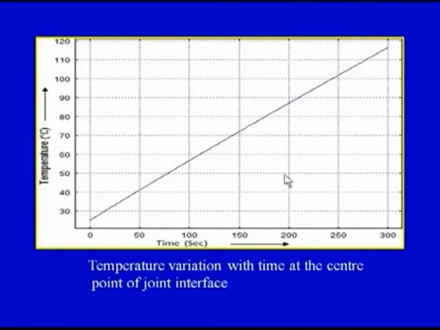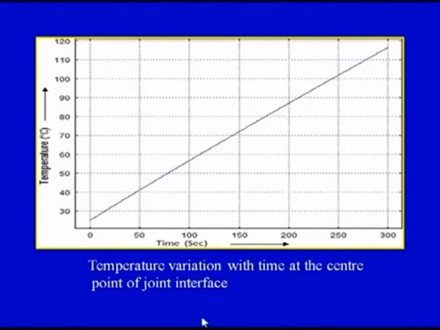Now here we can see on your screen the temperature variation with time at the center point of the joint interface. So the temperature is uniformly increasing with the passage of time. Now this is the exposure time for which the microwaves have been impinged on the joint area. So microwaves are impinged over the whole microwave cavity, but we focus specifically on the bond area by putting some susceptor element which would absorb the microwaves and focus the heat at a particular area, and the other areas can be made opaque to the microwaves.